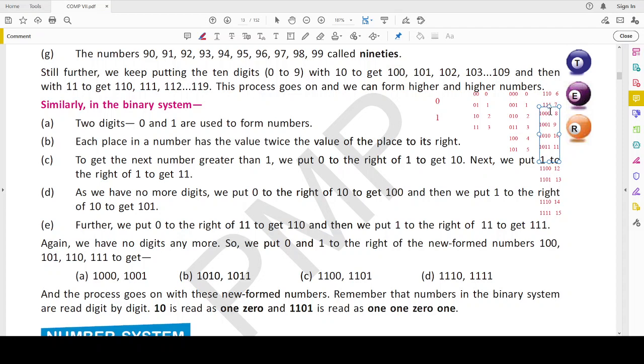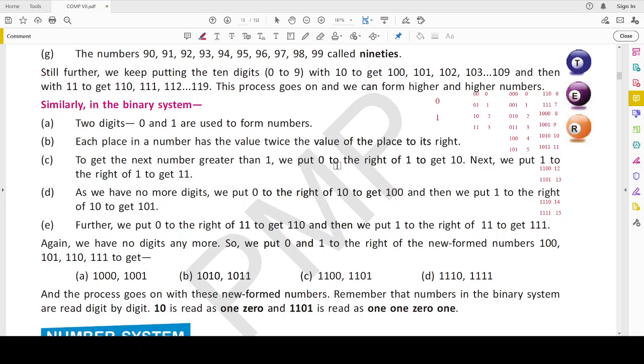This one is equal to 2 to the power 0 into 1, which is 1. 2 to the power 1 into 1, that is 2. 2 to the power 2 into 1, the third one. So 2 to the power 2 means 4. 4 plus 2 plus 1 is equal to 7. So in that way, as we move on, we will see that